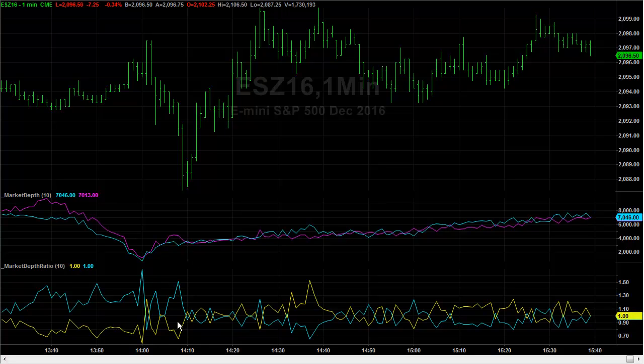I need to change that. I want to match the colors on this one. It's easy to change the colors, but we're looking at all 10 levels. You can adjust this indicator to look at 1, 2, 3, however many levels you want, and then try to